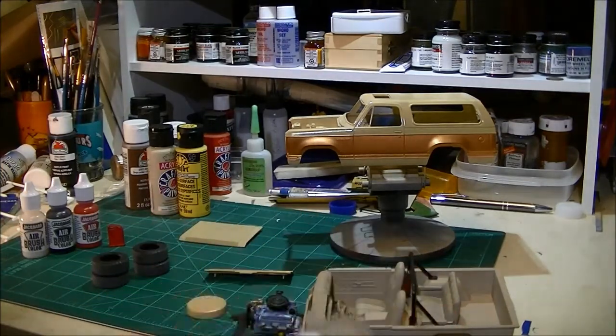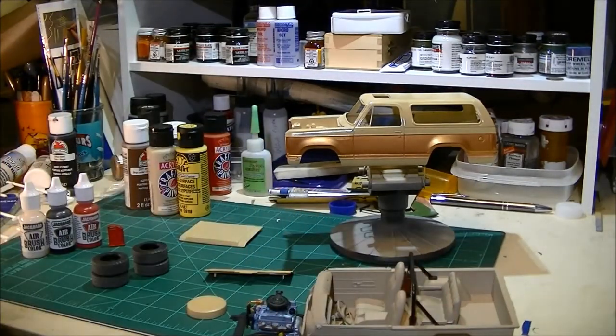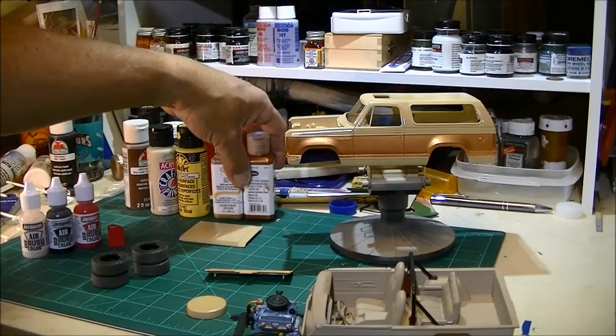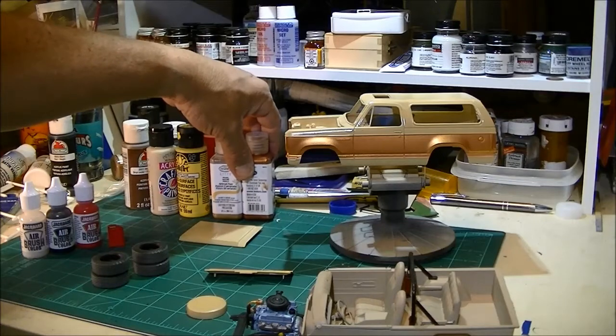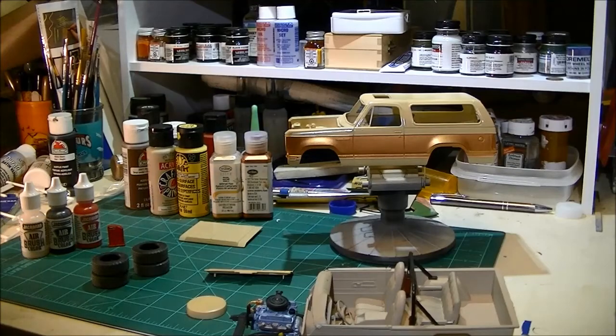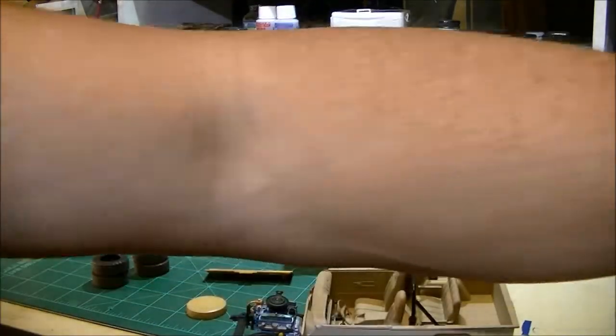It sprays good. And I used my Paasche H, I think with a number 3. I started out with a number 3, and then I went to a number 5 because I had some issues with my tip on the 3. Some of the clear coat got jammed up in the nozzle, so I had to go and extensively clean it. But as far as the clear coat, I went back